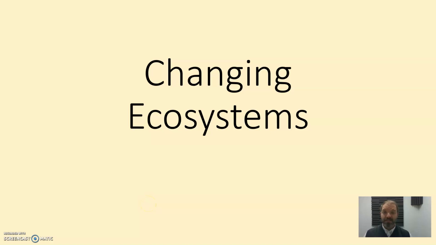Okay, so it's year 12. You've been learning about ecosystems for a number of years now, but it's time to tweak that understanding. So you first learn about ecosystems as food chains in primary school. Organism A eats organism B, which eats organism C.